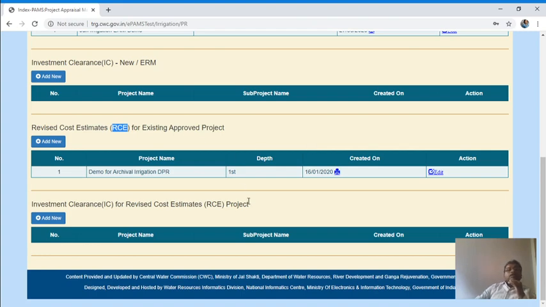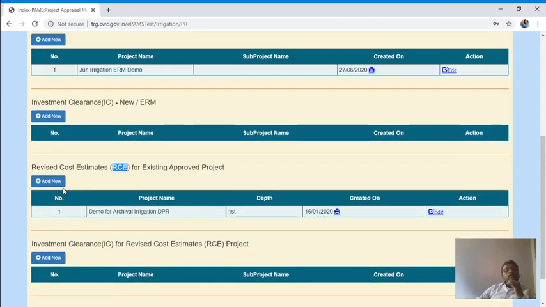Here this is the screen where you can start your applying, or it will list out the work whatever you have done here and is with you. Here there is a concept of revised cost estimate for existing approved project.